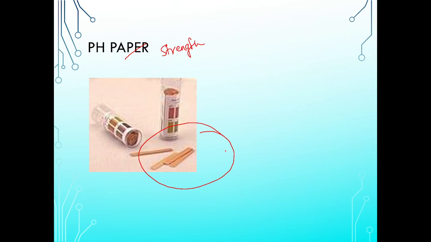So pH paper looks something like this, and when you dip it into the solution of acid or base or salt, it is going to show you different colors, with the help of which you can identify whether the substance is strong acid, weak acid, moderate acid, or strong base, weak base, or moderate base, right? And the pH of all the solutions you can find out. Clear? So this is what I thought of giving you in this session.